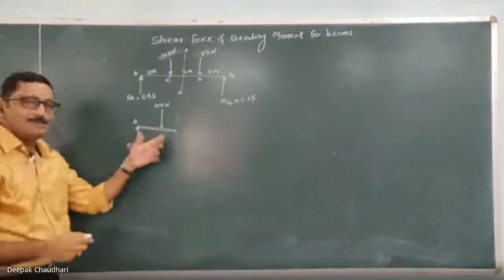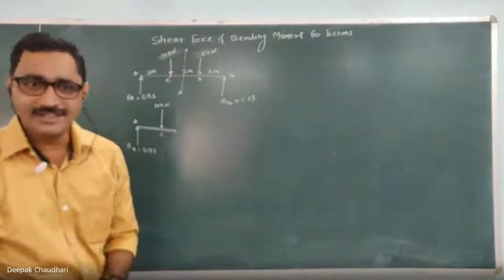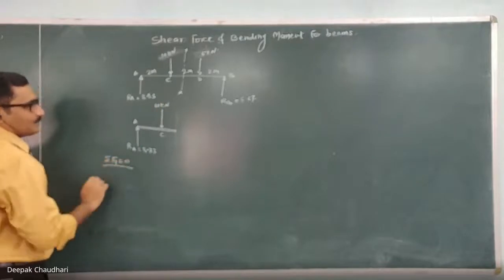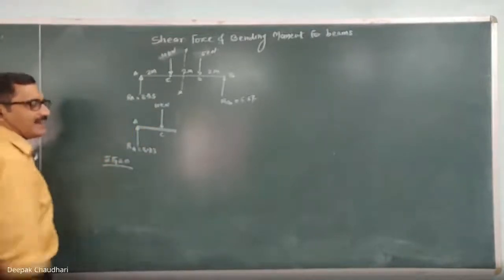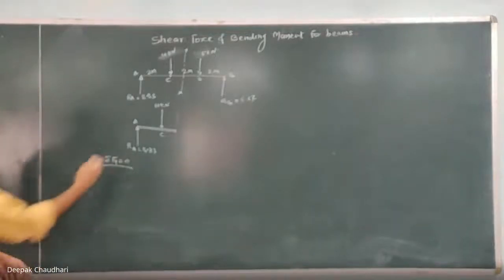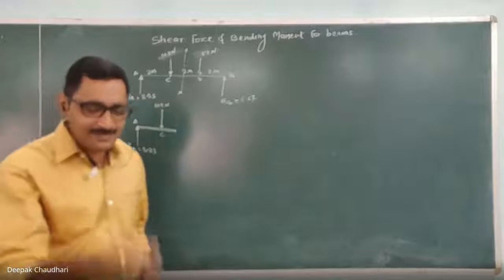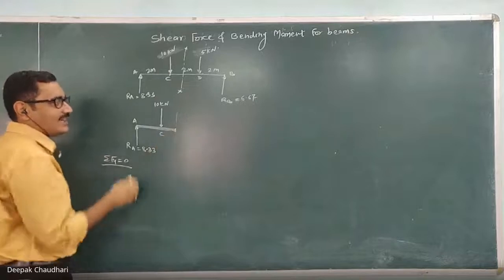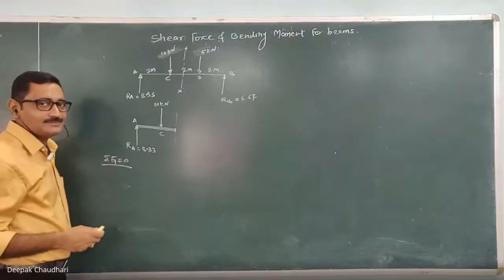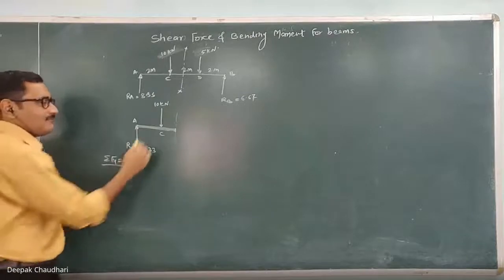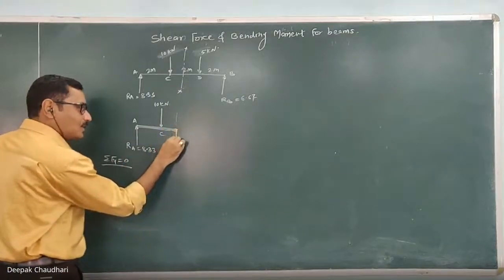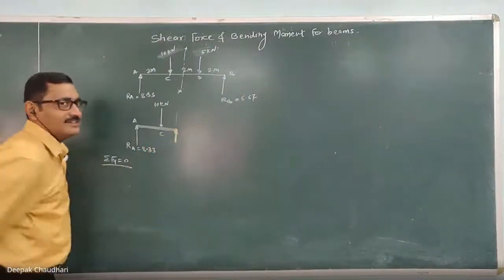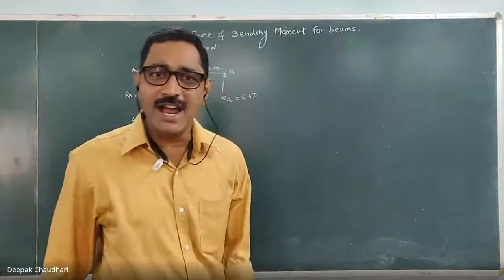Now since this part is in equilibrium, it must satisfy the conditions of equilibrium, isn't it? To satisfy summation of Fy equal to 0, if I observe, the vertically downward force is 10 and RA is 8.33. Means if I consider only these two forces, there is an unbalanced force. This unbalanced force is tangential to the cross section, and that's why it is known as the unbalanced shear force. To balance this shear force, one resisting internal force is induced at this cross section.